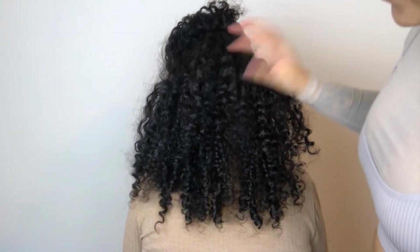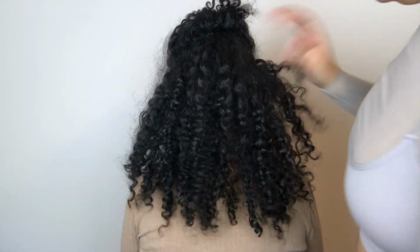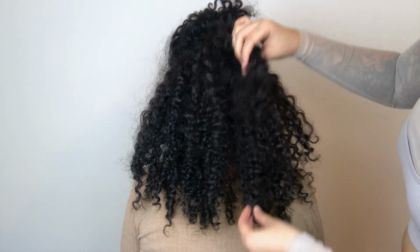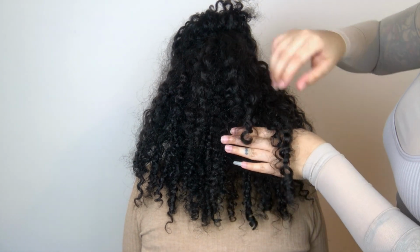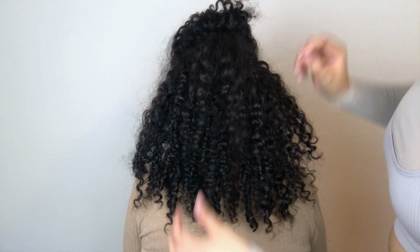Okay, so this is the third layer. Even though this is a few days old, you can literally see that the hair is layered. Like, this piece is longer than, oh, let me put it in my hand, see, this section is longer than this section. So this is the third